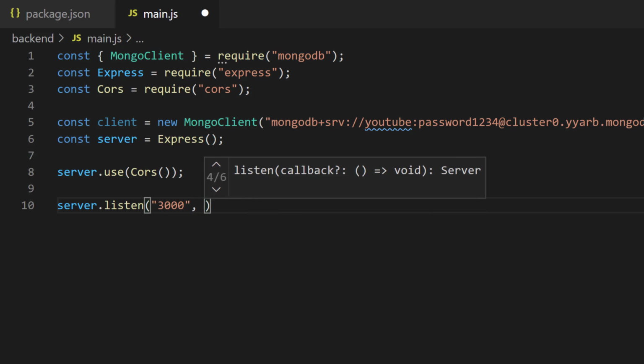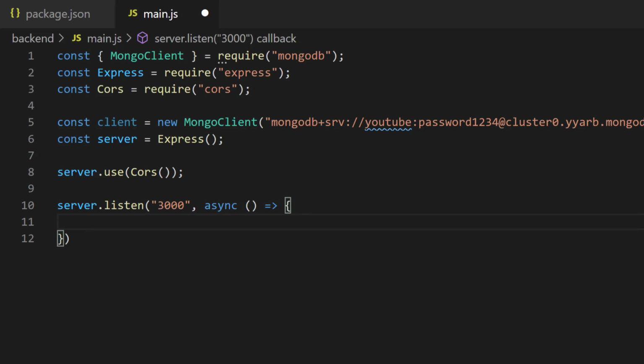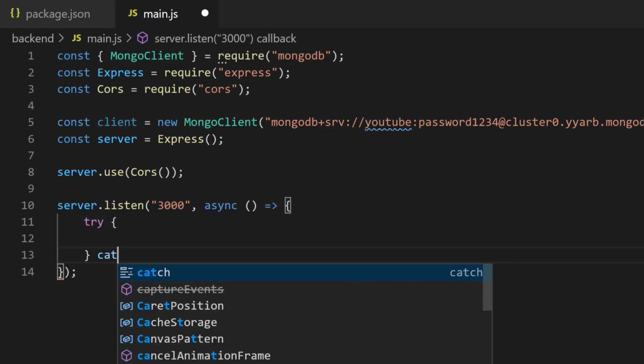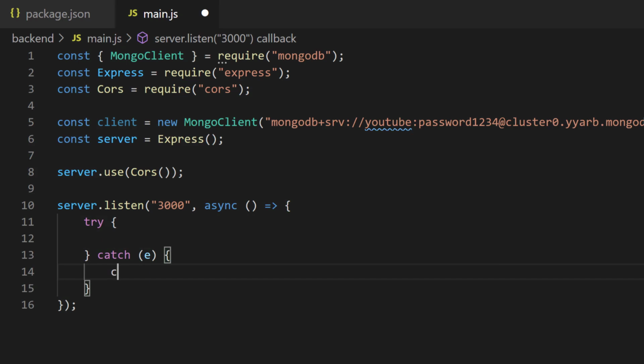And because when we work with MongoDB, it's asynchronous, we want to be either using straight promises or async and await. My preference is to use async and await, so we're going to do that. We're going to say async, and let's do what happens inside of this function. Now with async and await, it's best practice to do a try catch. So I'm going to say catch, and if there's an error, we're going to say console.log e for error. And we're actually going to make this console.error instead. And inside of the try, we can say await